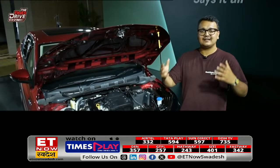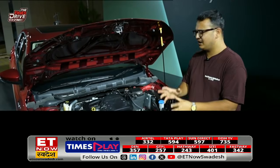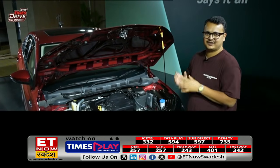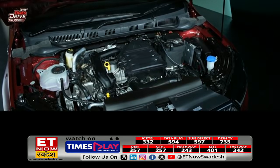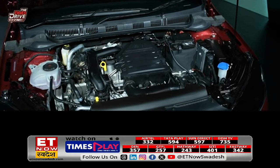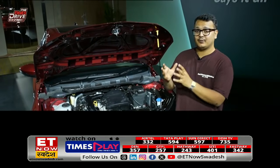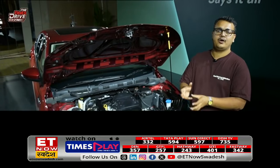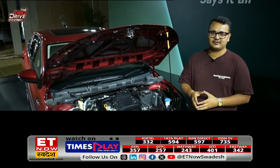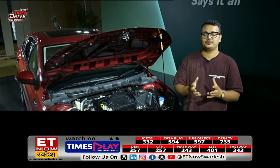Last but not the least, there is a big change, perhaps the biggest change in the Skoda Slavia, which comes from the drivetrain itself. Let's start with the engine options. They continue to be the same, so you continue to get the 1-liter engine option along with the 1.5-liter engine option, just like before. In the 1.5-liter engine option, you continue to get a manual gearbox option or the 7-speed DSG gearbox. Same for the 1-liter engine option, you do continue to get the option of a manual, of course,